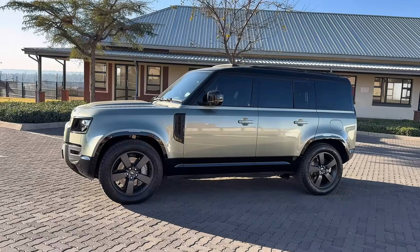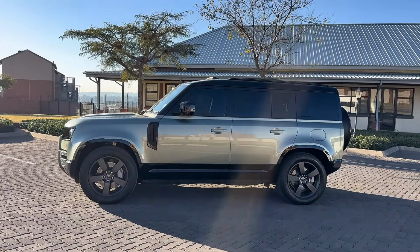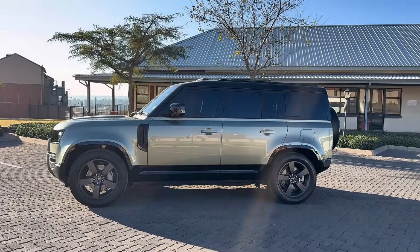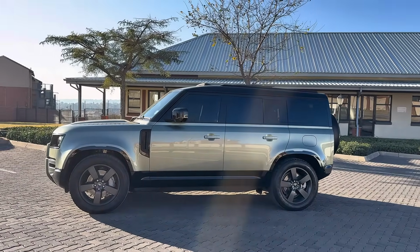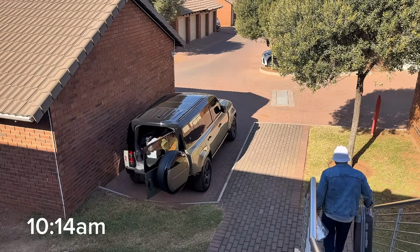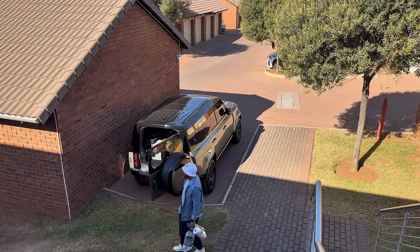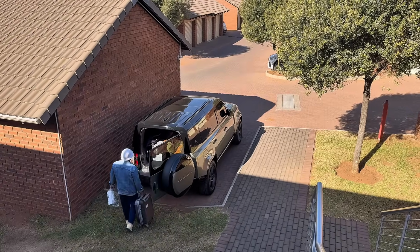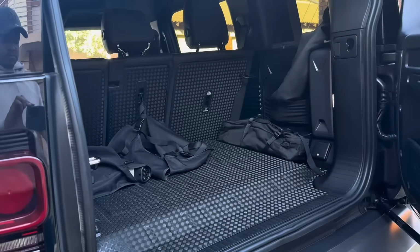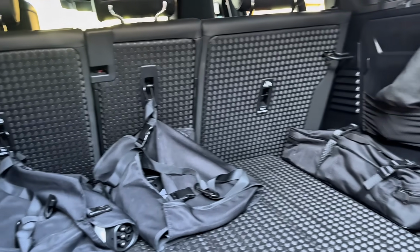This one here that we have, it ticks all the right boxes. I call it the sweet spot of the Land Rover. But without further ado, let's take it on a road trip and let's explore the features. So from here onwards, it was a journey of 200 kilometers that we were about to embark on, and we started loading the Defender. If you're wondering how much space does this Defender have, you've got plenty of space here